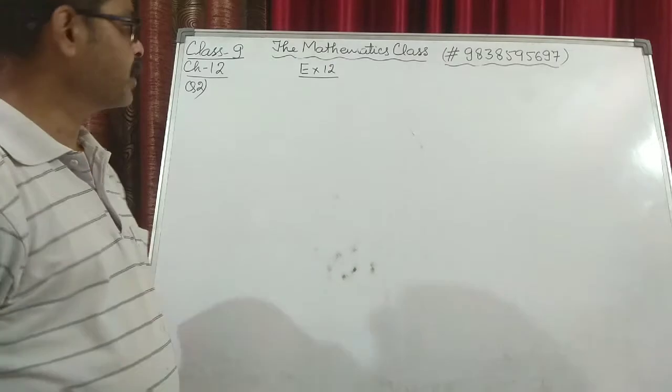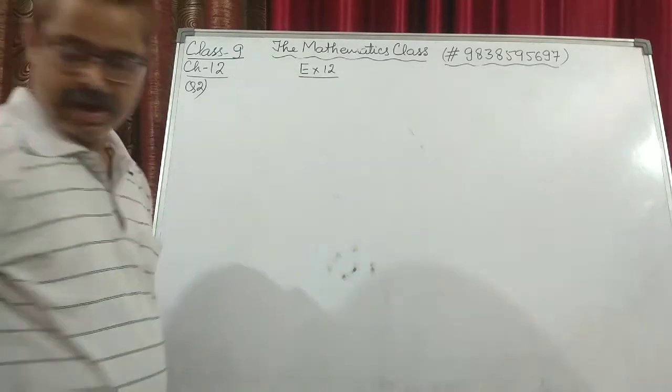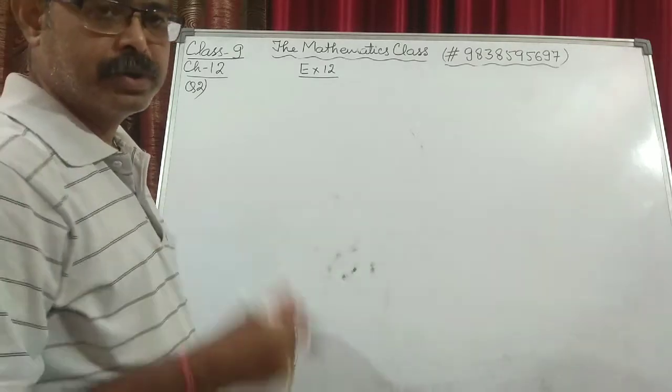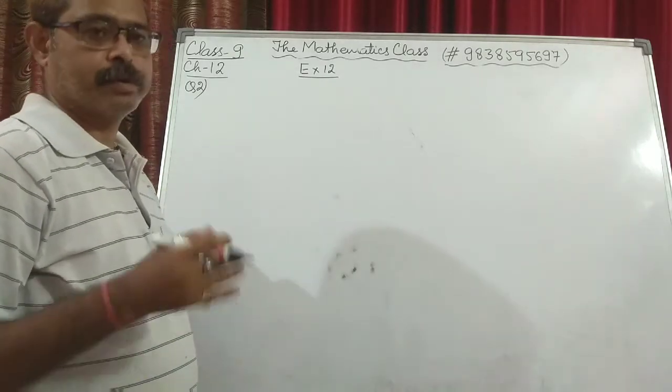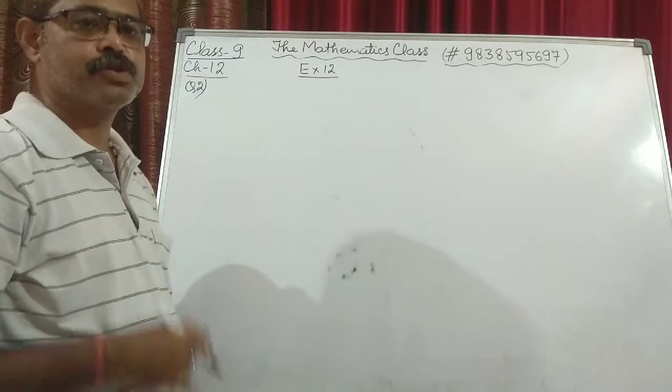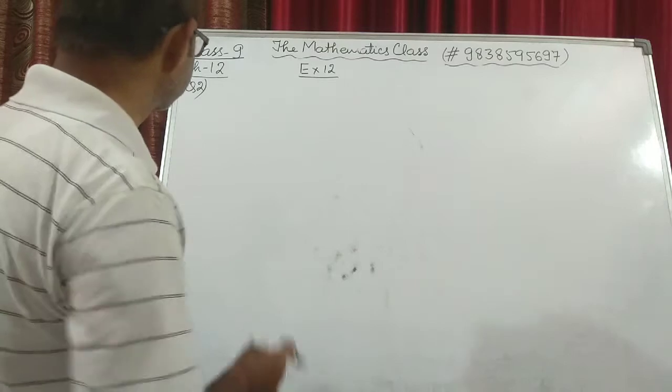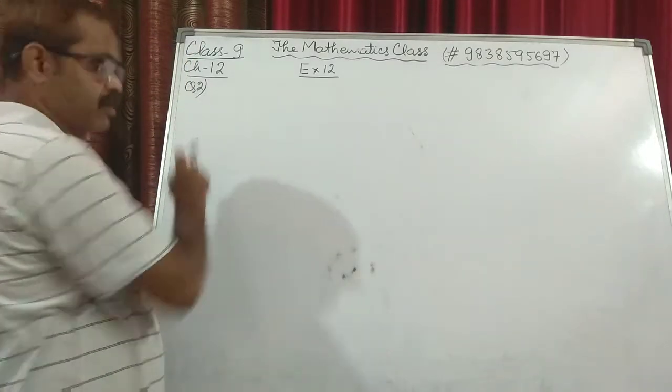Now let's see what is there in the exercise. We will start with exercise number 12, and up to question number 10 we'll be doing questions in multiples of 2, and when it comes to the proving questions I will try to solve almost all the questions. Now let's see what is there in question number 2.